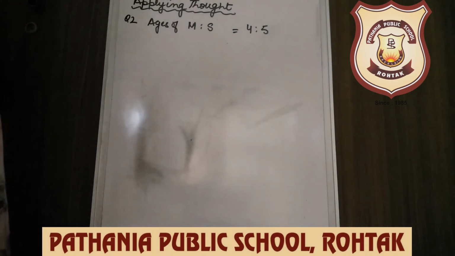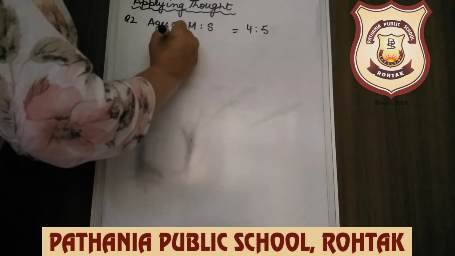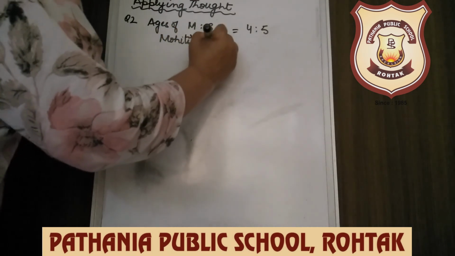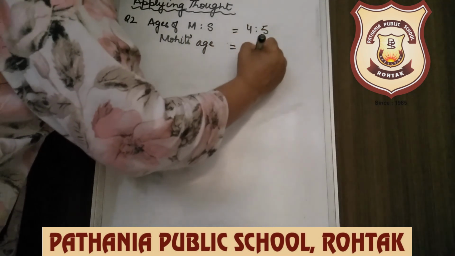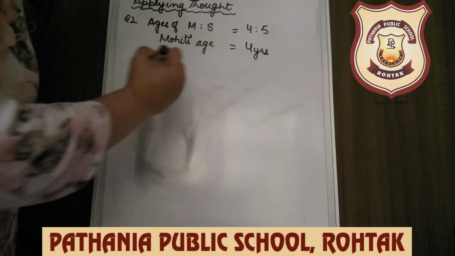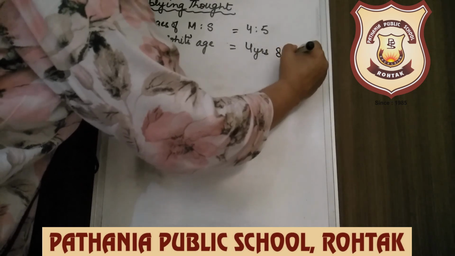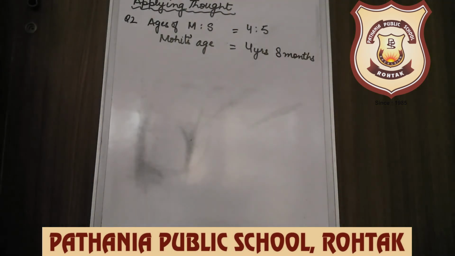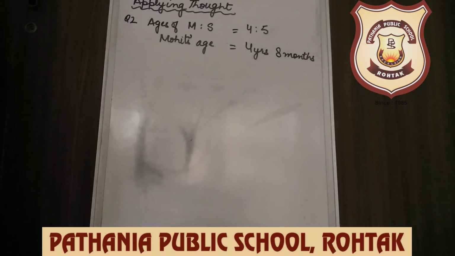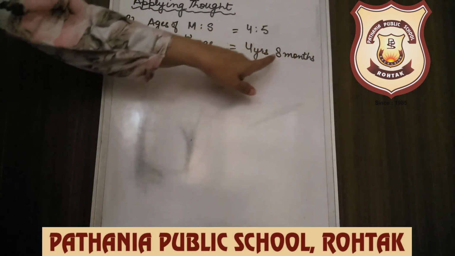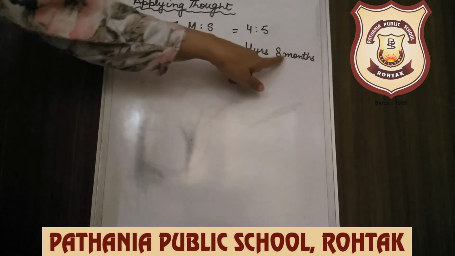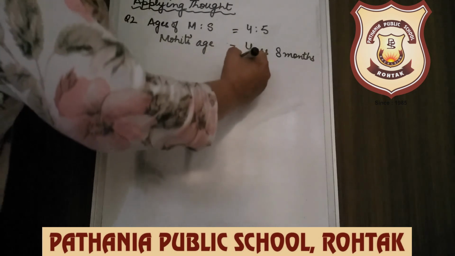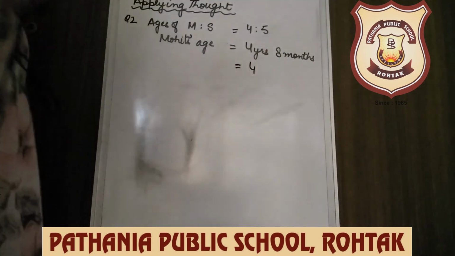Now Mohit's age is 4 years 8 months. Is 4 years 8 months. Now this step is very important. This has to be with 1 unit. This is to be in years. 4 years as it is